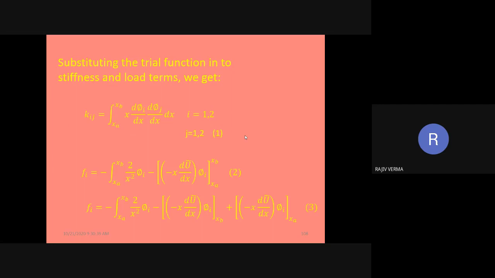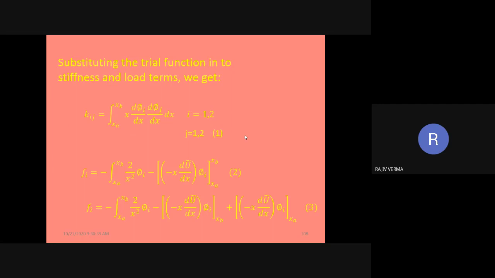Now, one of these two terms is obviously given to you in the form of a boundary condition for the problem which we are discussing at the moment. We have specified the value of flux at xb, and obviously phi I is also known at point xb. When I is 1, we have phi I, its value is known at xb. Obviously, it is 0. When I is 2, we have phi 2.